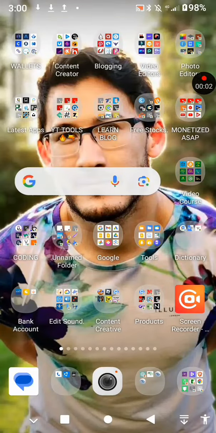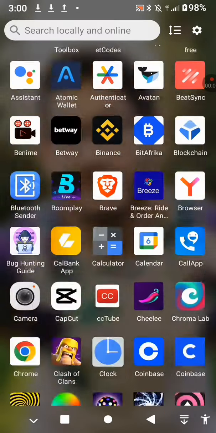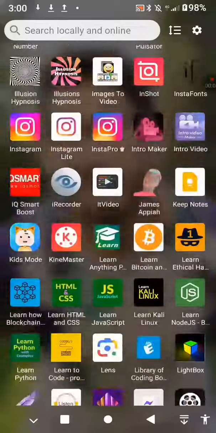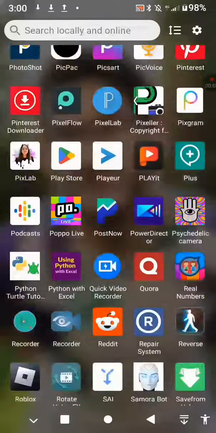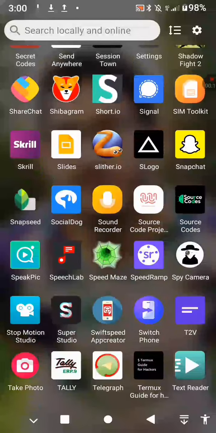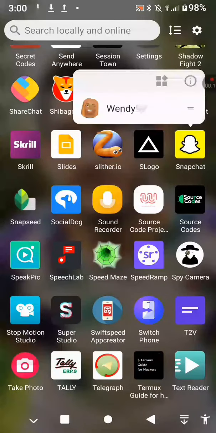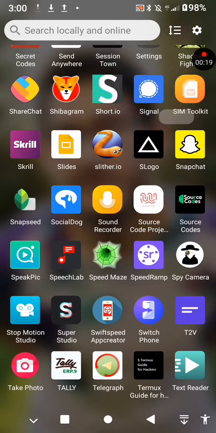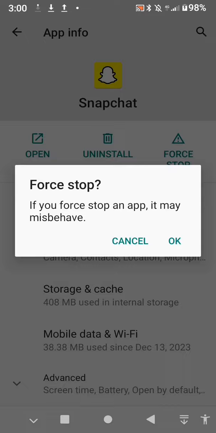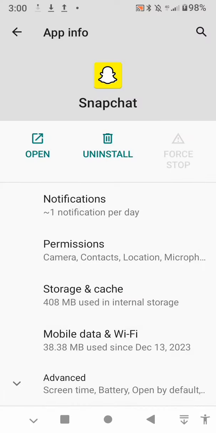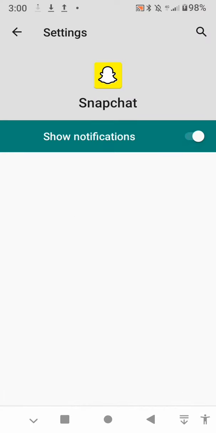To fix this problem, first of all, go to your phone menu, then scroll and try to search for your Snapchat account or your Snapchat app. Now use your fingers to tap on it for some while, then tap over here. After that, tap on force stop, tap on OK, tap on notifications, and make sure your show notifications are turned